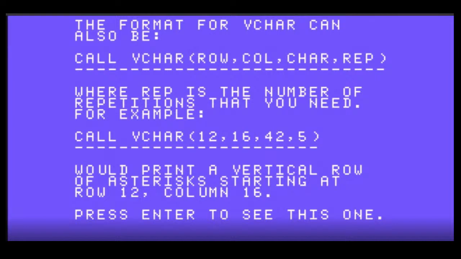For example, call vchar 12, 16, 42, 5 would print a vertical row of asterisks starting at row 12, column 16. Press enter to see this one. And there, row 12 and column 16. So it's repeating it vertically downwards. Press any key to continue.